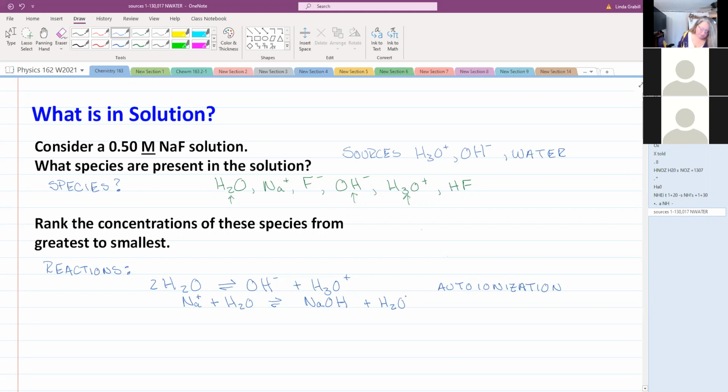Am I going to have a bunch of this or very little of it? Owen. I'm sorry, what was the question? Am I going to have a lot of this reaction happening when I put the sodium fluoride in my solution or very little of it? You're going to have very little of it. Cool. Why? Because sodium hydroxide is a strong base. Good. Fantastic. So if I have an ion of a strong acid or base, I'm going to have very little, like imperceptibly little,